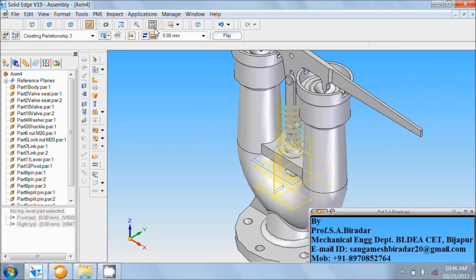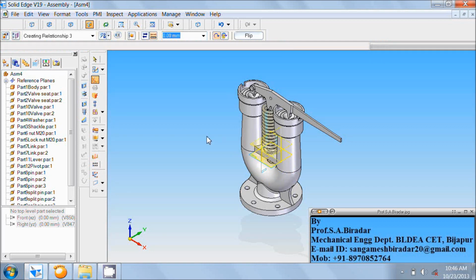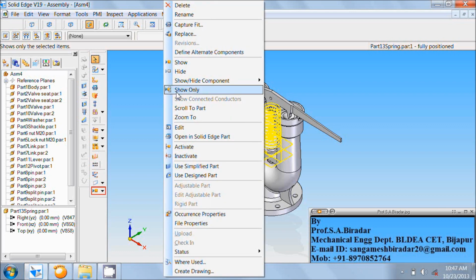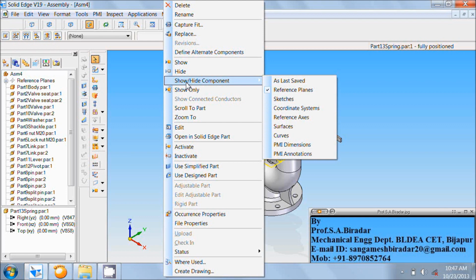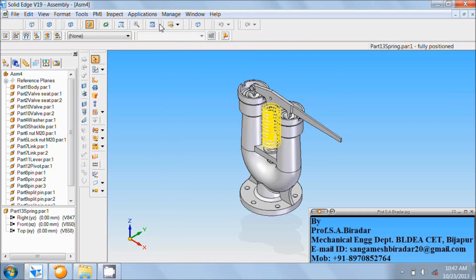Next, here is created plane at bottom side, so face of plane 4 in part 13 spring, so select this and then select the top surface of the assembly, click on select tool, fit it. So click on reference planes, right click of the mouse, hide them, fit it, again use select tool, select the spring only, and then right click of the mouse, click on show or hide components, hide components, so unmark this reference plane, fit it, click in the screen,